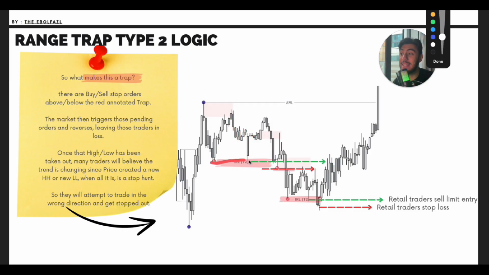Yes, this is an equal low. The retail traders right now are going to say, oh, break of market structure, let's buy. Some of them will also say, oh, we have an equal low here, let's buy. But no, what's going to happen? Price is going to tap here, give us the fair reaction, and take all of the stop hunt, all of the liquidity over there.